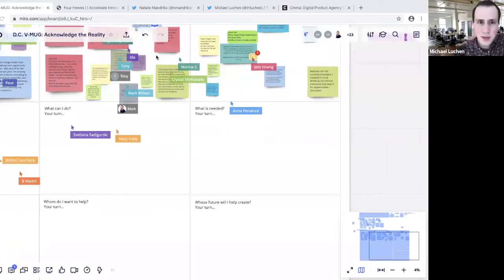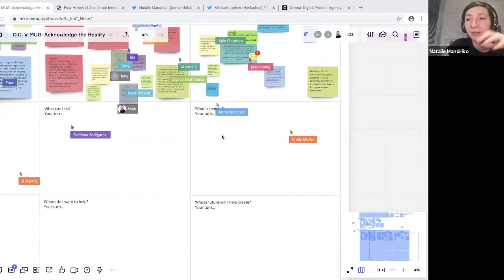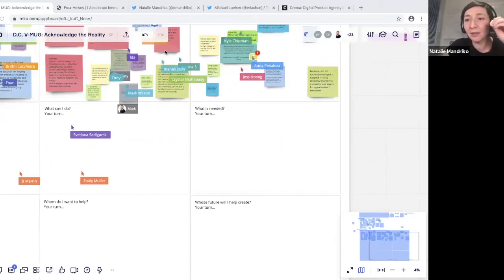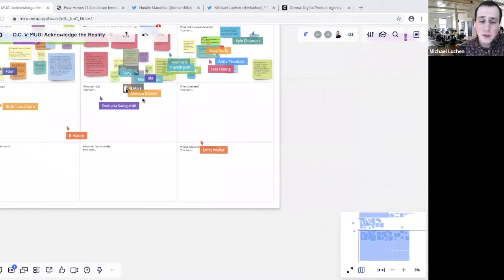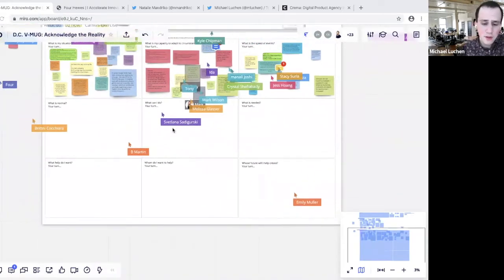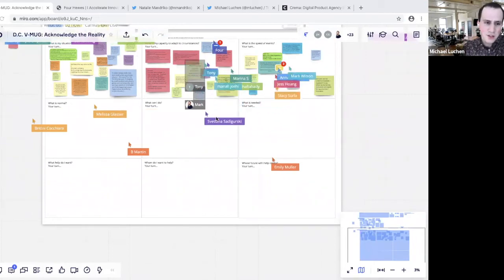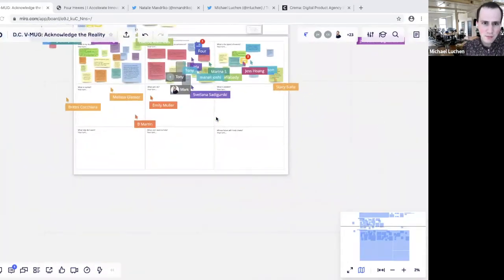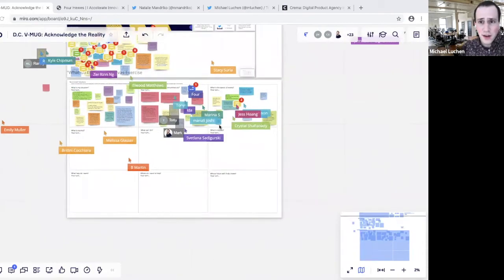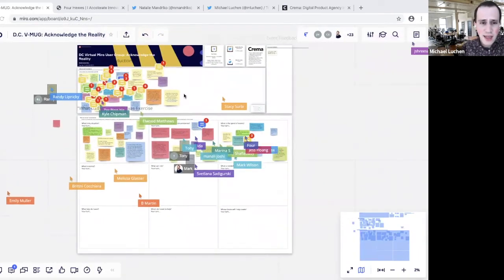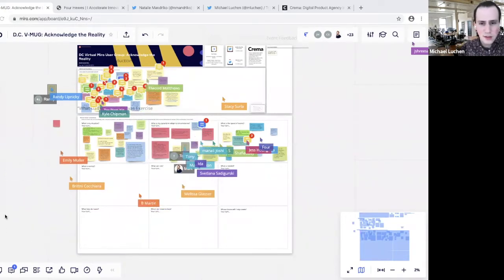How to zoom in and zoom out? Okay, the question is, how can we see the whole board? Can you show how we can? Yeah. To zoom in and zoom out, if you're using a trackpad, just take your fingers and pinch to zoom, and you can drag around. If you're not using a trackpad, you should be able to just use the scroll wheel on your mouse to zoom in and zoom out.